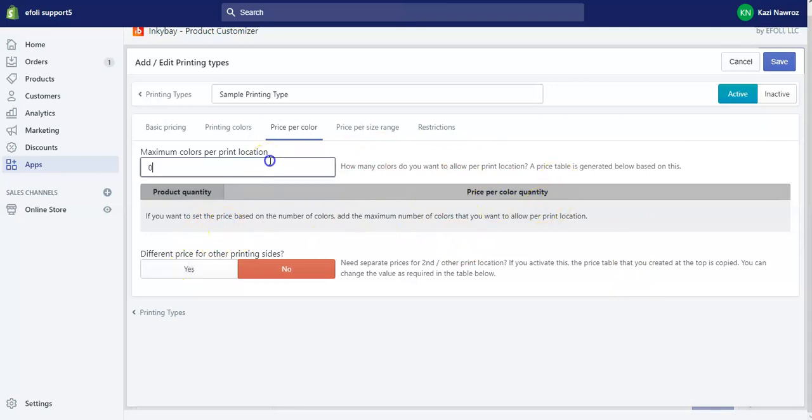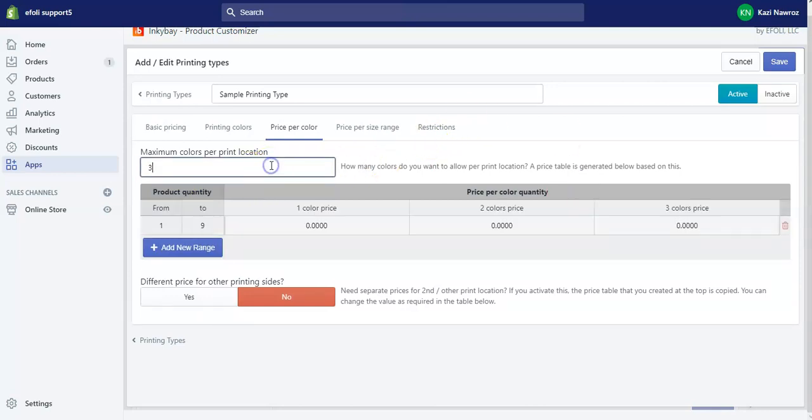For example, let's say we will allow a maximum of 3 colors per print location. From quantity 1 to 9, for one color you can charge them $2, for 2 colors $4, and for 3 colors let's say $6. So this is how you can add price per color quantity.